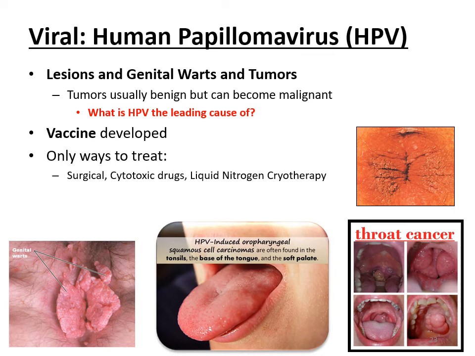Now, thankfully, there is a vaccine developed, and they used to only give it to younger people, basically assuming they're targeting the people before they've been sexually active. But now they allow even older people to take it to try and reduce the spread of HPV or reduce the number of people who get it because of the fact that it's causing so many cancers, and people do tend to die from these cancers because they tend to be very aggressive, especially the throat cancer.